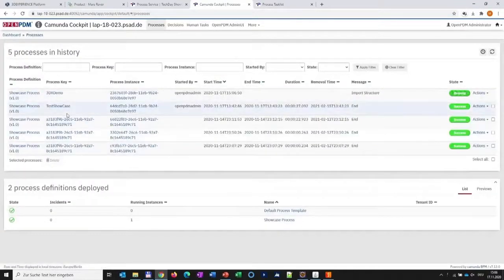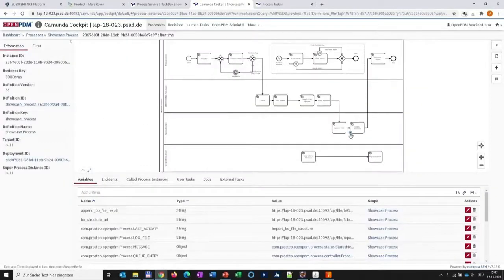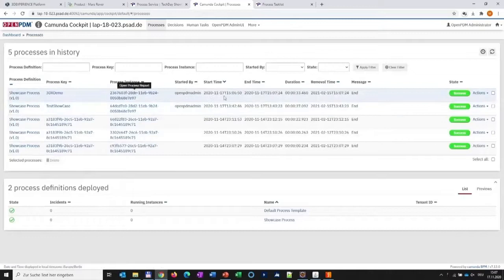If I don't enter that here, then you have a timestamp. It isn't as easy to read as "3D Experience demo", of course. Now I can see the process is running at the moment and is already at updating the structure. And after the update, it will prepare the import. When I click on this, I can see, of course, the small blue dot. So that is where the process instance is right now. So we've got graphical feedback as well for my process. Then let's go back. The process should have been completed successfully, and that's how it is.